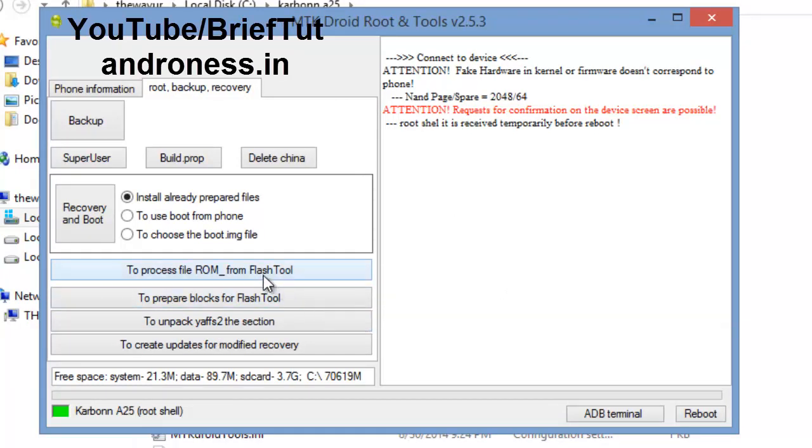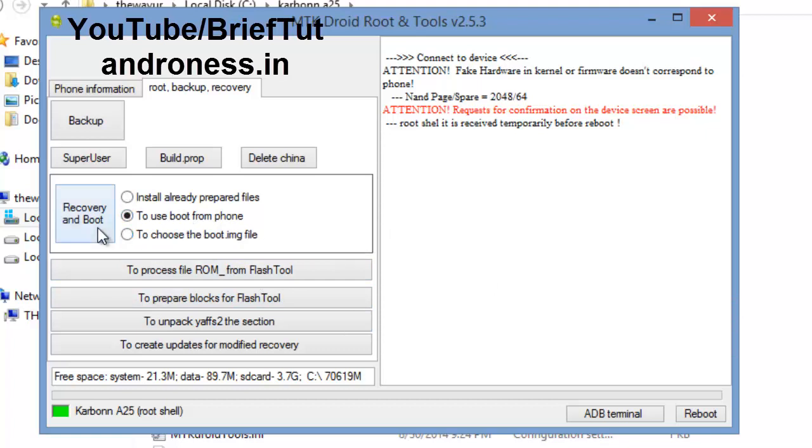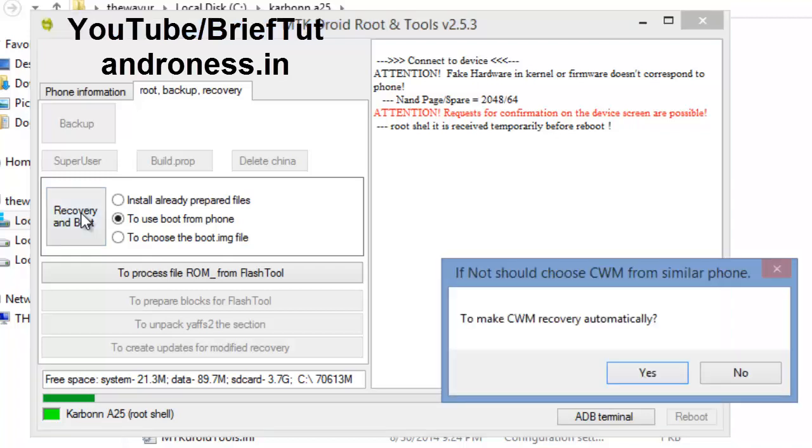Now click on it to use boot from phone, and wait for some time. Do not touch your mobile, and do not let the cable disconnect. And now click yes.